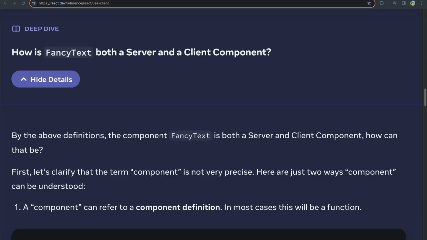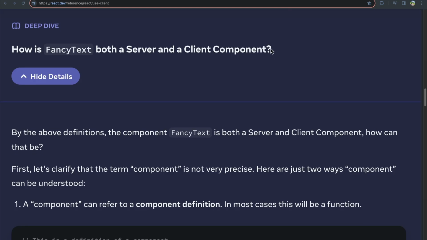I think one of the trickiest parts of the modern state of React is understanding the distinction between server and client components, and the nuances between when a component is rendered on the server or when it's rendered in the browser. Reading through the docs on some of the latest features that are going to be released in React 19, it goes over a deep dive into how a component can be both a server and a client component. This is going to get a little bit tricky, but hopefully this becomes clear